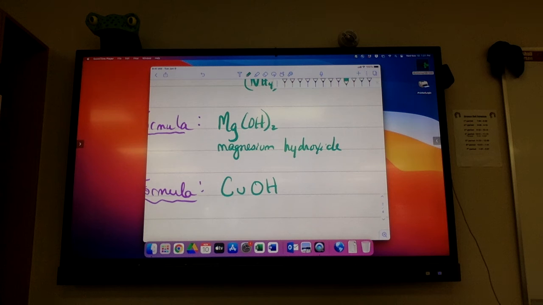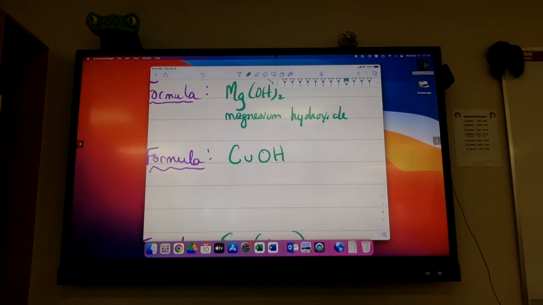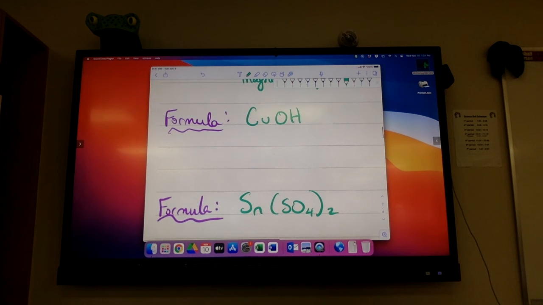Okay. Next is CuOH. Cu is copper, number 29, and it is a transition metal, so that's when you have to do the extra step and split them apart. So copper, nope. Cu is a question mark, you don't know what it is, but you do know that OH is OH -1. So that must mean that copper is a +1. So this is copper 1